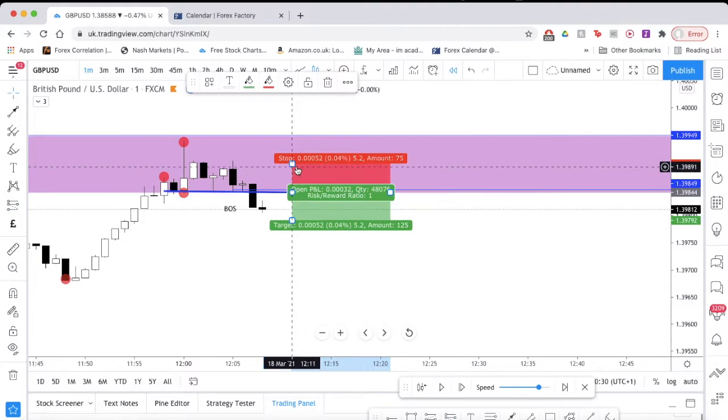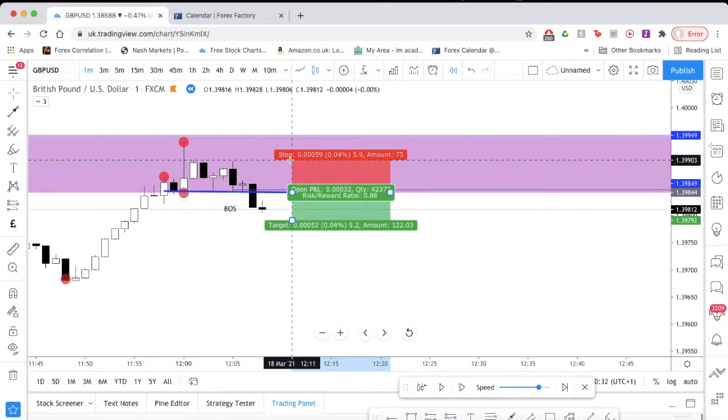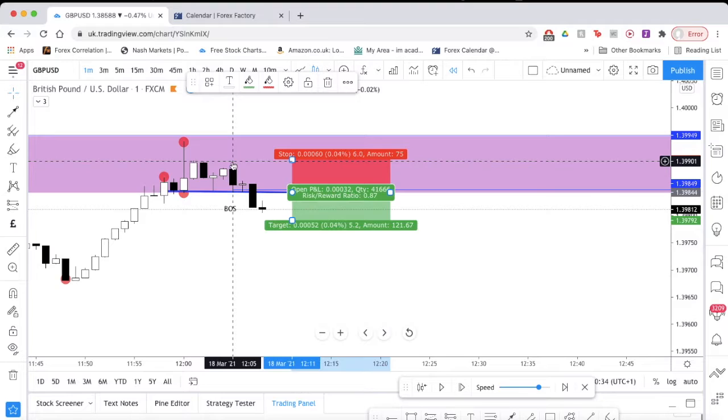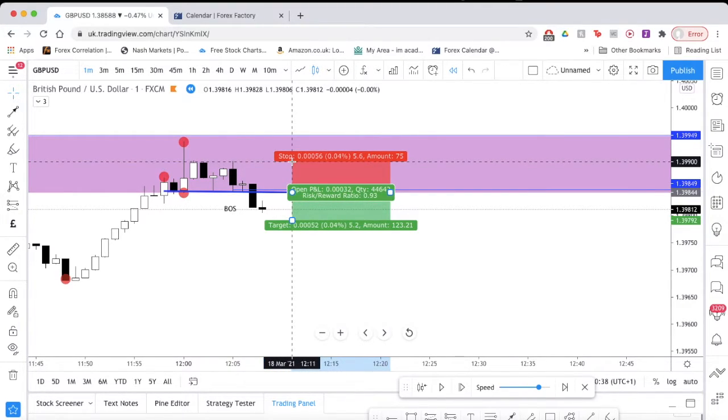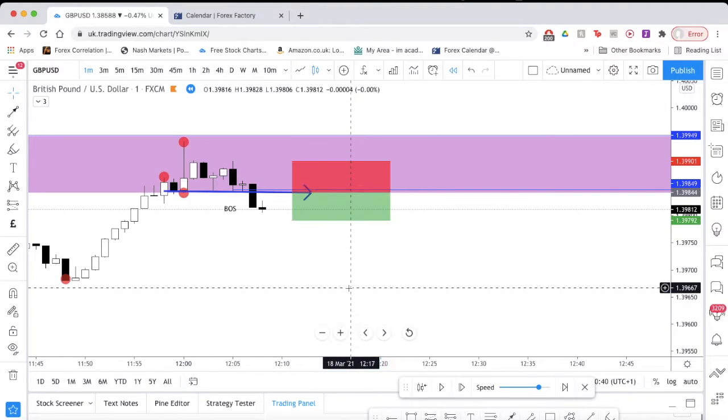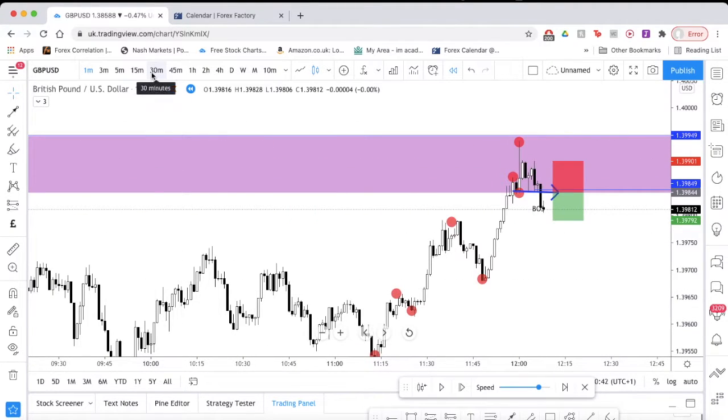So entry would be there, stop loss would be above the previous structural point. So that would be this point here, giving us a nice 5.5 to 6 pip stop loss. And then in terms of setting the targets, or where we want to be looking to take profit,